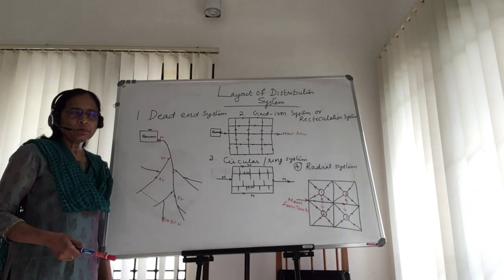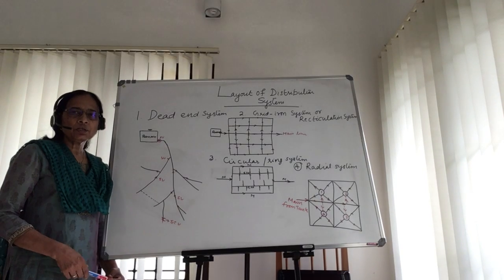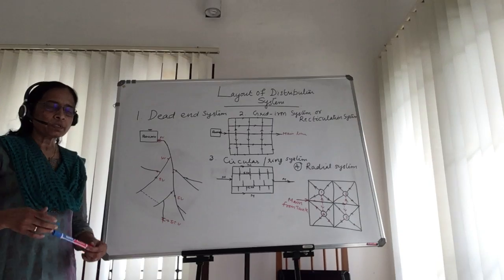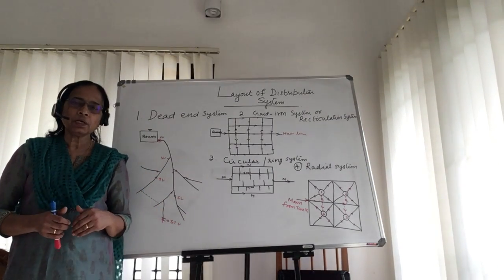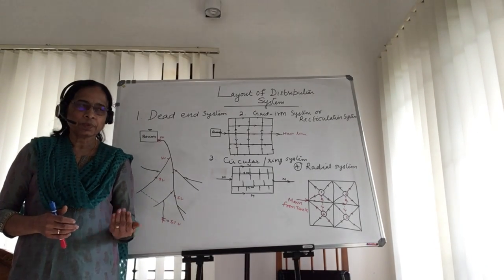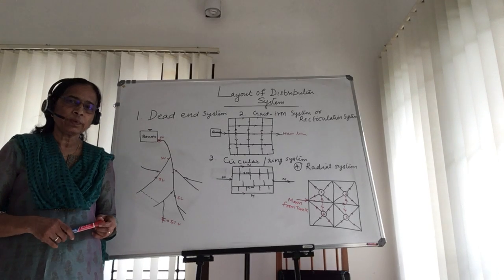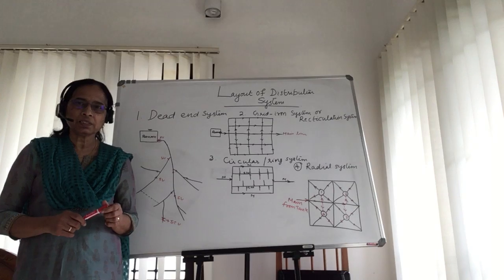Earlier in the class we learned the system of water supply, that means whether it is continuous or intermittent, and again we have discussed the method of supply, that is either by pumping or pumping cum gravity or directly pumping. And everything is depending upon the minimum pressure to be maintained in the system. That is what we were discussing.